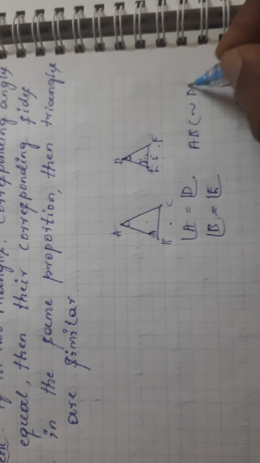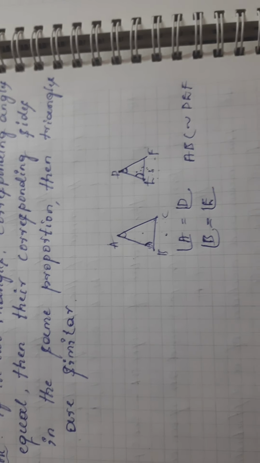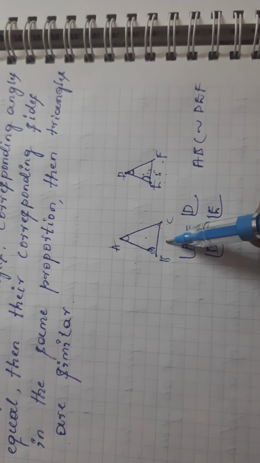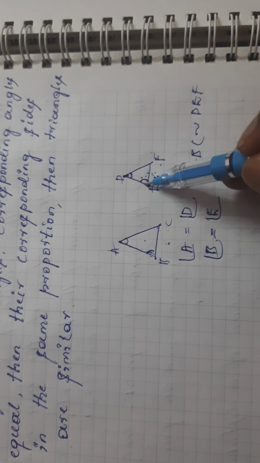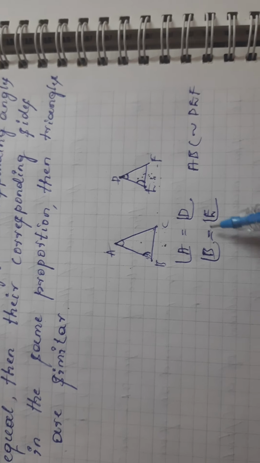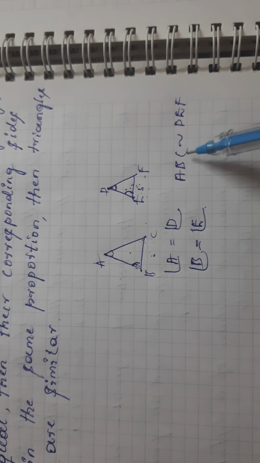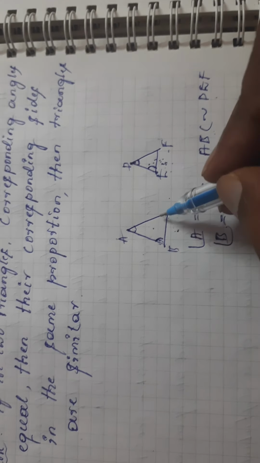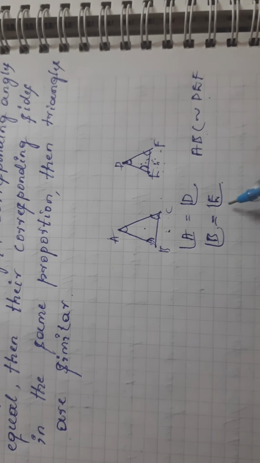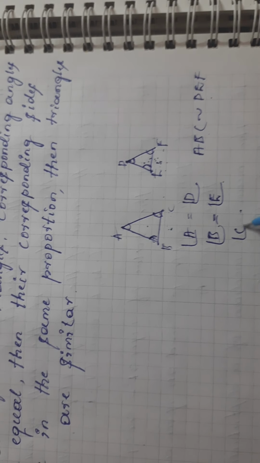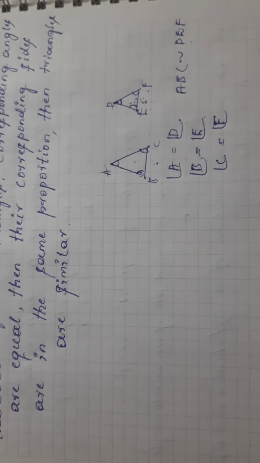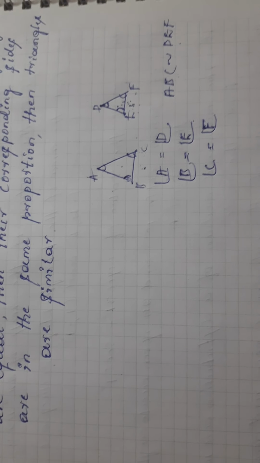These two triangles are similar. If two angles of one triangle are equal to the corresponding two angles of another triangle, those two triangles will be considered similar triangles. And what about the third angle? The third angle will automatically be equal, that is angle C is equal to angle F. This is similar triangles, this is the basic. Okay, then